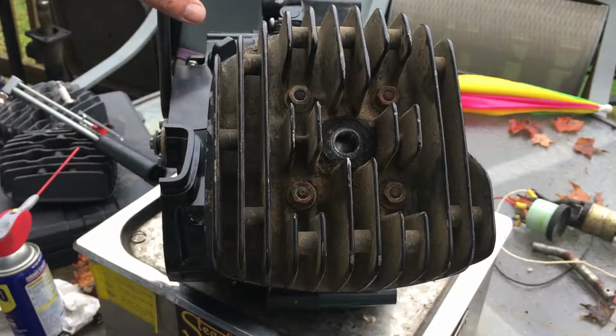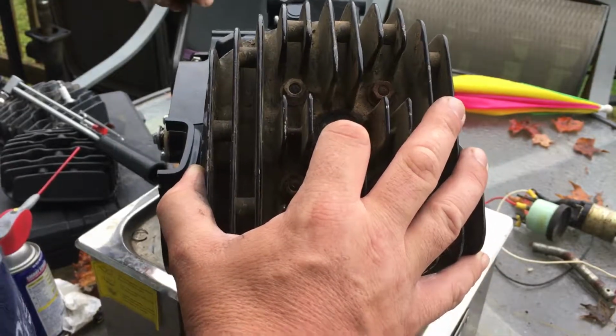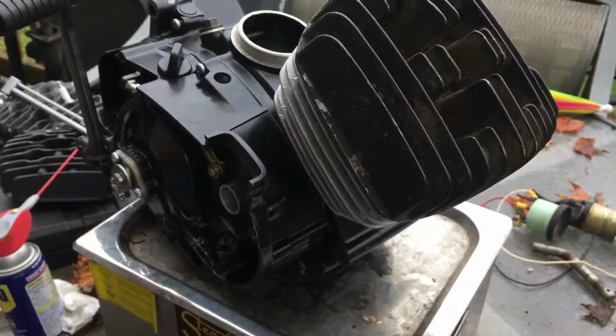There is not much room in that chamber. I'm not gonna lie to you on that. There is not much room in there at all. Holy crap. I can only imagine what that compression is gonna be like. So anyway,